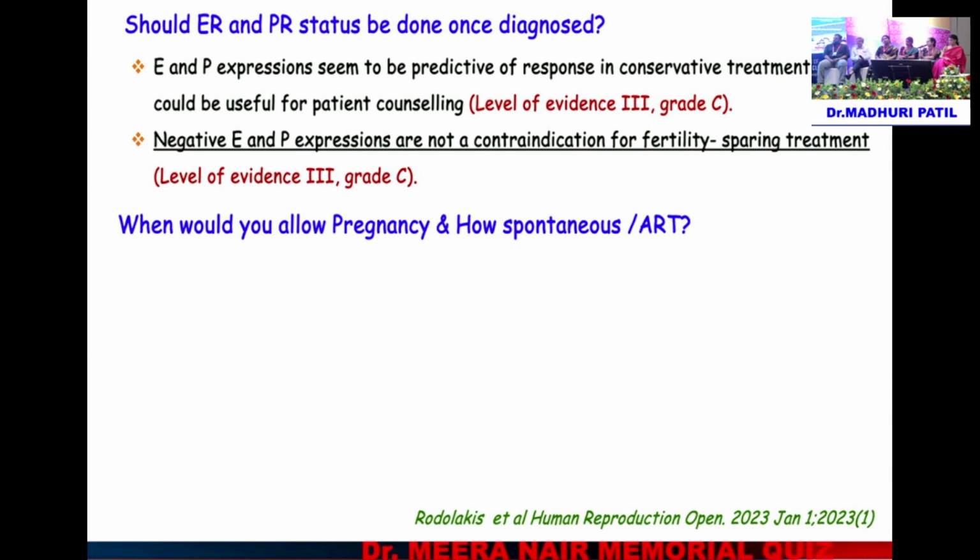Nalini, would you advise her a spontaneous pregnancy, or would you go for ART? So it's a dilemma because these patients, the recurrence rate is very high, and it is between 12 to 24 months that the recurrences occur. So if all other fertility parameters are very good, there's nothing else, maybe 3 months is what you can give her, and otherwise then move on to ART, because she is bound to require definitive treatment, and then that will become a